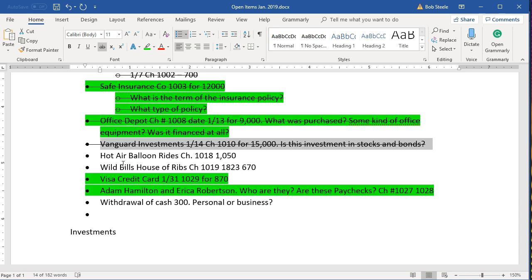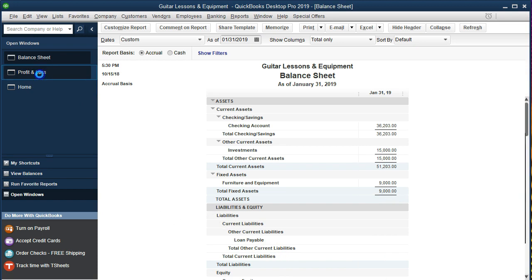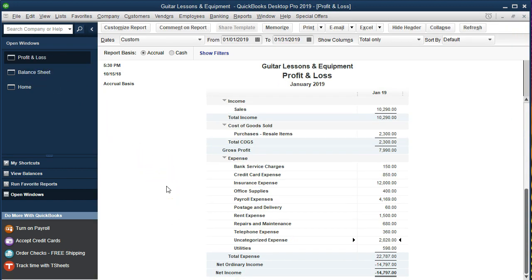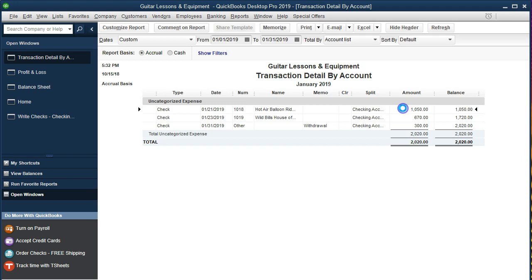And again, it's not our job to really tell them what should or should not be. We can give some opinion, but that's up to the tax professional or financial statements. We're asking, hey, is that part of meals and entertainment possibly, or is it personal? This one, we're going to say that he says it's personal. Okay, so we're going to go back over here, and we're going to say he paid for something that was personal, he or she or whoever, paid for something out of the business checking account that's personal. Okay, so we're going to go into uncategorized, and we're going to go into the hot air balloon,